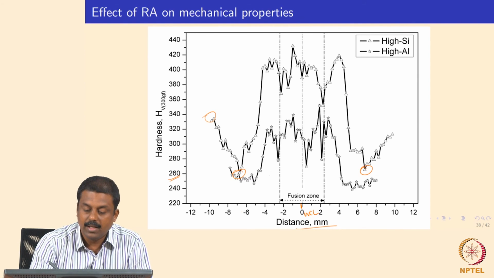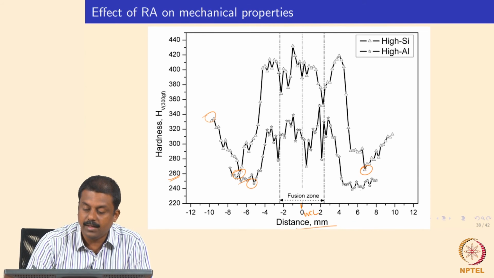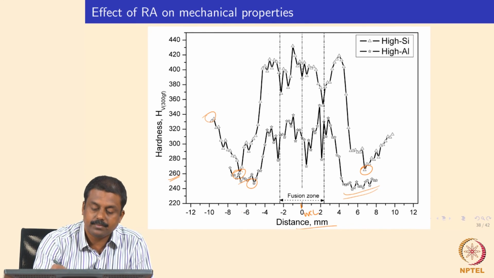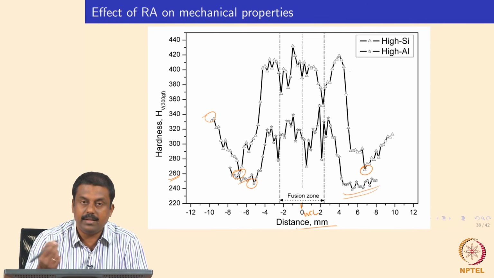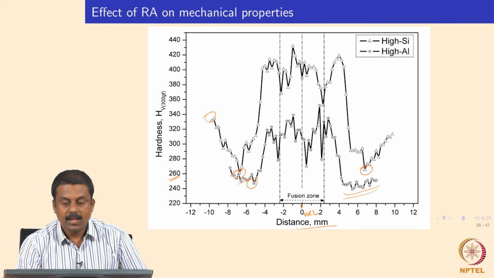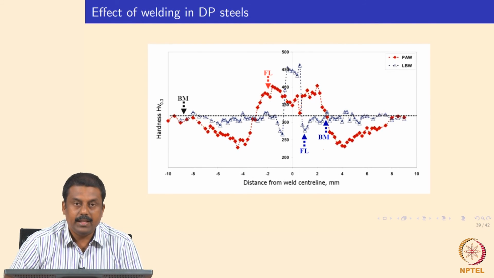In the regions where we have close to 0% retained austenite, we have extreme softening, and this effect is seen in both cases. In high silicon steel it is very significant. In high aluminum steel, the overall retained austenite stability is very poor, and you will have extreme softening. Of course, in the weld zone, you will have its own retained austenite fraction, as well as, based on the segregation microstructure, very high peak hardness. So we will conclude here with the TRIP steel.